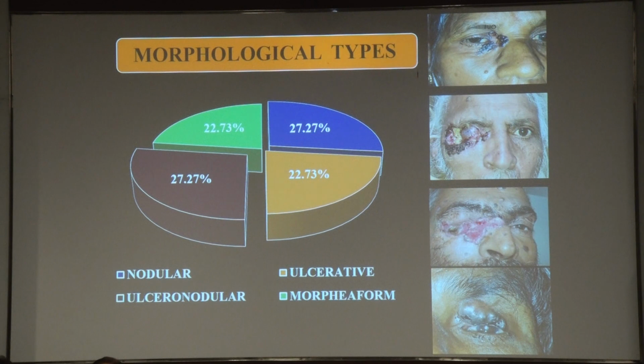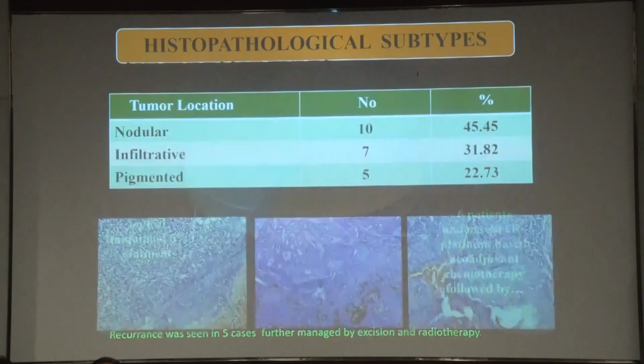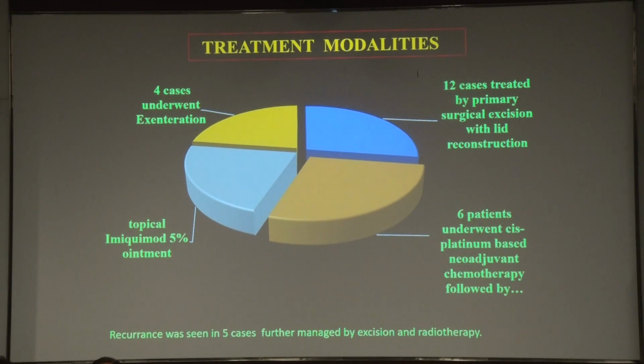In morphological form, the ulcerative form was found to be 22%, and morphiform was 22%. The highest morphological type seen was nodular and ulceronodular form, which was 27% each. In treatment modalities, 4 cases underwent exenteration. 12 cases were treated by surgical excision. 6 patients were sent to the oncology department for chemotherapy, and topical imiquimod 5% ointment was also applied in 5%